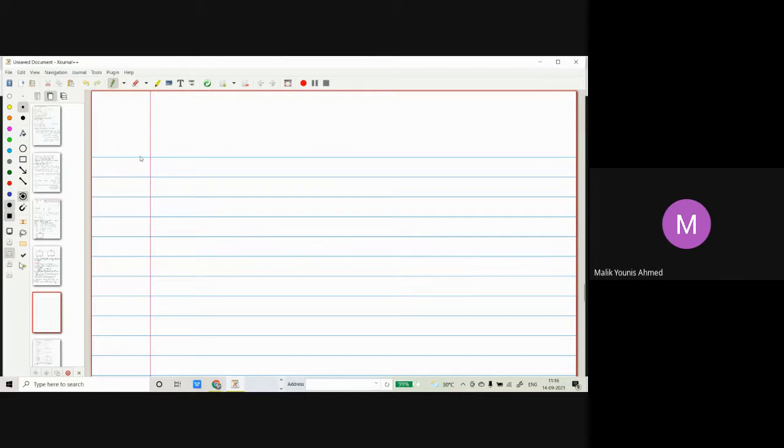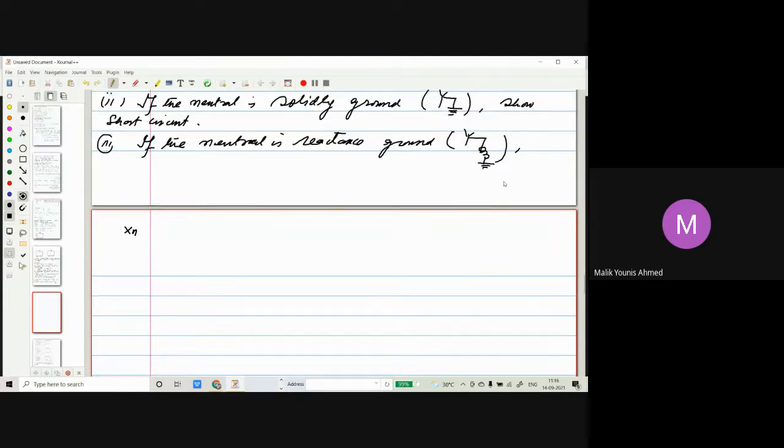then reactance grounded, we will call it Xn. Here I will draw it Xn. Okay. Then 3Xn, we have derived this equation. In words, 3Xn must be added to zero sequence reactance